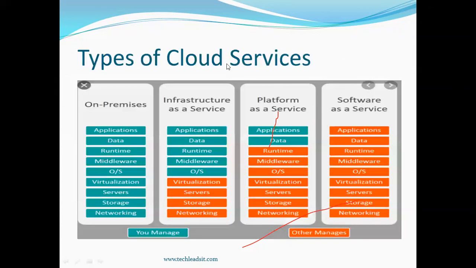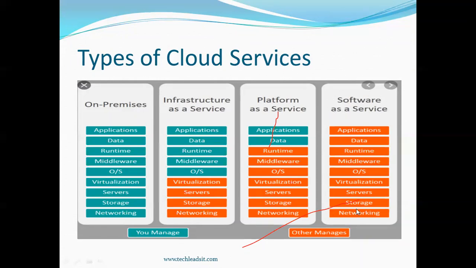If you see the types of cloud services here, whichever we are in the public cloud, we call it software as a service, the SaaS model. Everyone is saying nowadays we are in a SaaS application. We are working in the SaaS model. We are working in the public cloud model, nothing but we are in SaaS, software as a service. The software is provided by Oracle. We are just utilizing it as a service.